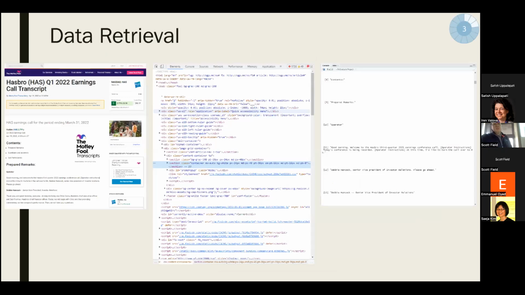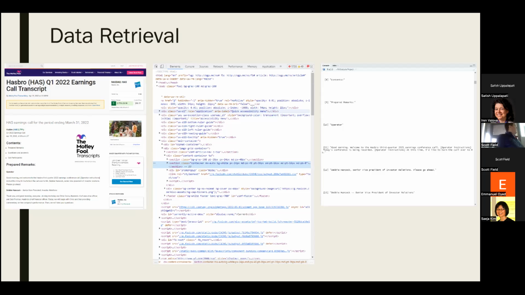So right from the start, we need to just grab the data. I grabbed a list of all the S&P 500 companies, ran it through a random sampling generator to determine which companies I would use in my study. I web scraped their Q3 and Q4 earnings transcripts from fool.com, which is on the left there, and grabbed their HTML and CSS code. That code was run through a function to grab the P and H2 elements.